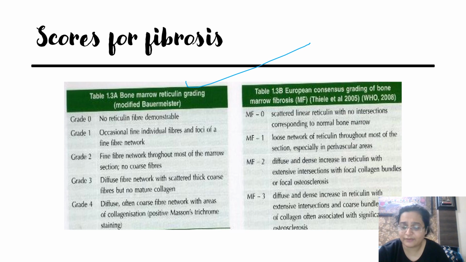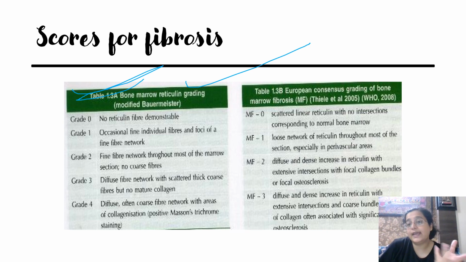I had shown you reticulin fibrosis, those brownish silver colored fibers of reticulin. This is the staining scoring pattern that we use in regular marrows. And if we are suspecting PMF, then I use the other one, that is the Thiel method. Normally, the marrow should not be showing too much reticulin, just some splattering here and there. However, if you see some sort of fibrosis, then you have to grade it and mention whether you are using Baumeister or Thiel, and you have to report it.